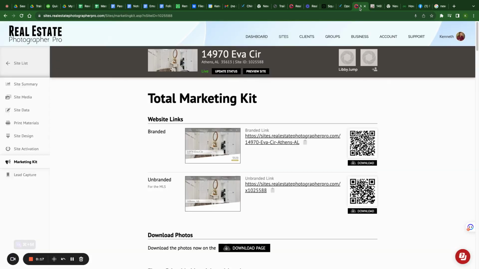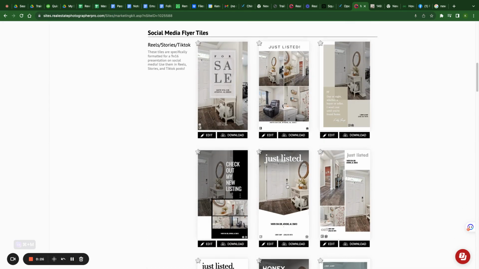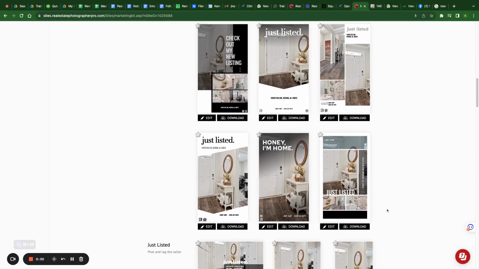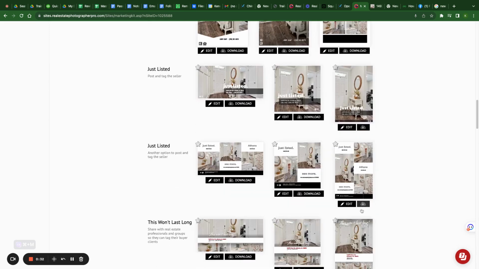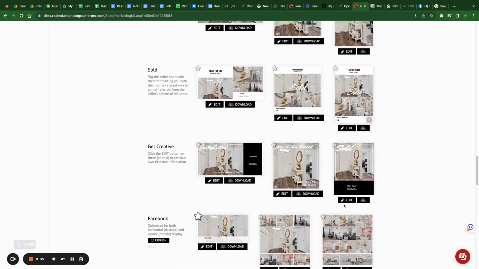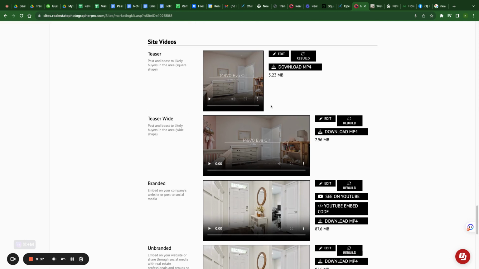So you're going to go over to your marketing kit. Inside your marketing kit, you have your website, branded and unbranded. In this example, I'm going to go past, you've got the banners here. You can download these static pre-made banners, and we have video slideshows that when they're loaded into your Instagram, YouTube,